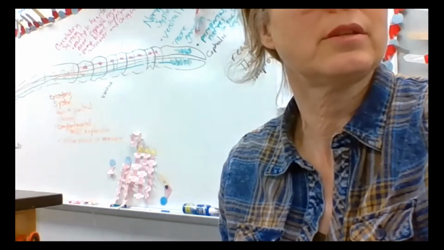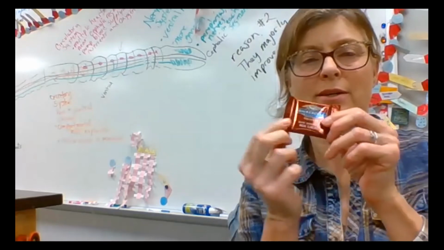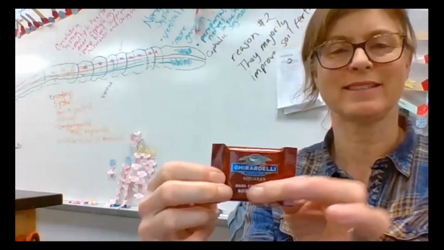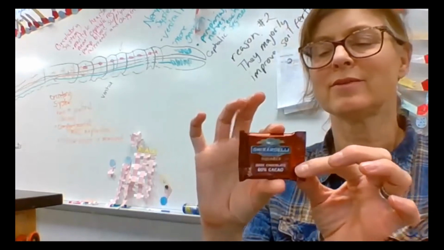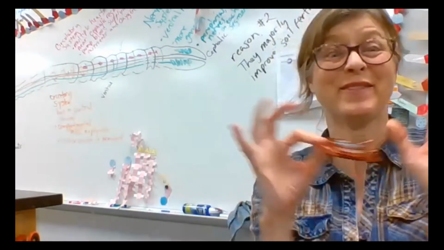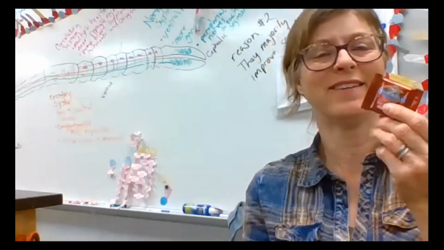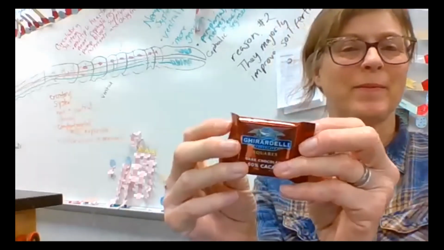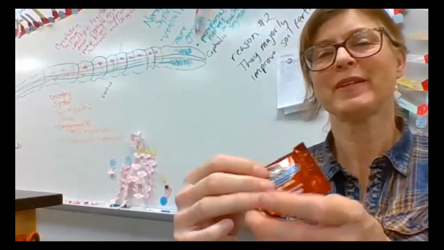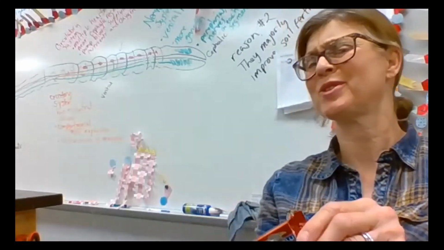So for Easter, I brought home some stashed chocolate that I had at work. I brought some home for Harris, and I like these because they're not big. And I just have to remember not to eat a lot of them at once, because I had a big bag of them. So Harris and I had some of these for Easter. I like this, just a nice size. I'm not going to eat it in front of you. I have to keep looking at myself. I'm going to look up at the camera, which is weird.